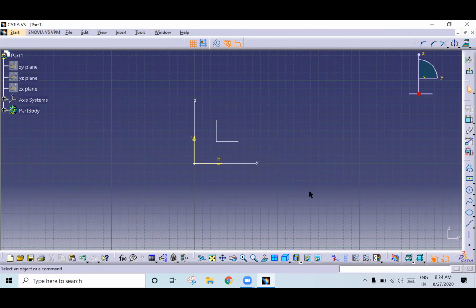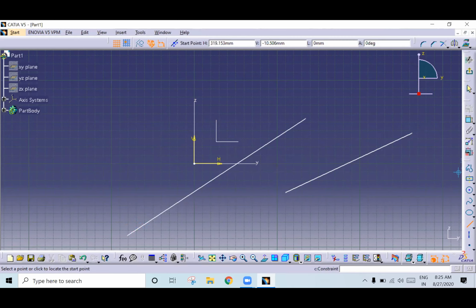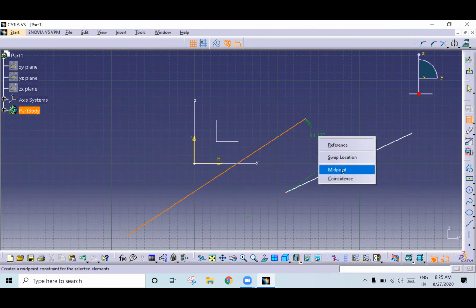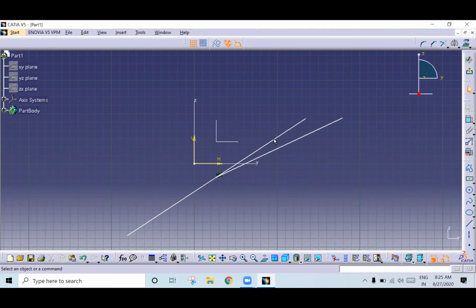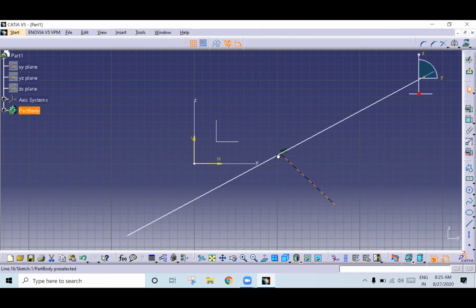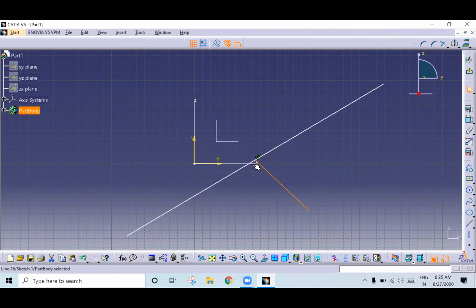Which is next one? Midpoint. Suppose you have two lines. If you want to coincide this point to this midpoint of this line, select the point, select the line, right click, click on midpoint. See here, it has been coincided with the midpoint. If you try to move, it will stick on this midpoint only. Next,